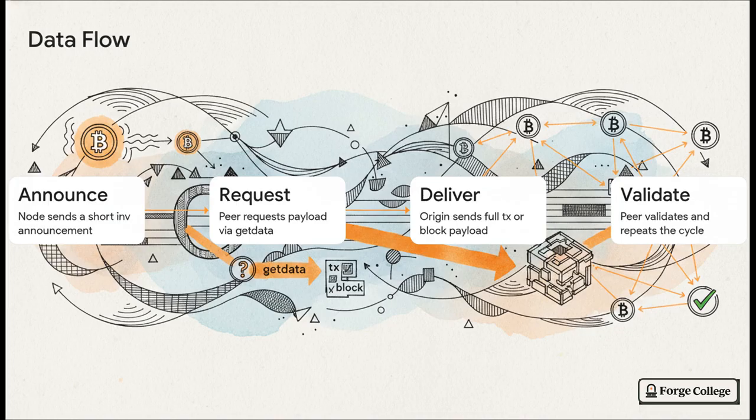Step 1, our origin node sends that short inv announcement we just talked about. Step 2, the peer checks its memory, realizes it hasn't heard this one yet, and replies with a getData message, literally asking for the full story. Step 3, the origin node sends the heavy payload, the actual TX or block message. And finally, step 4, the peer validates it and then turns right around and starts the cycle over with its